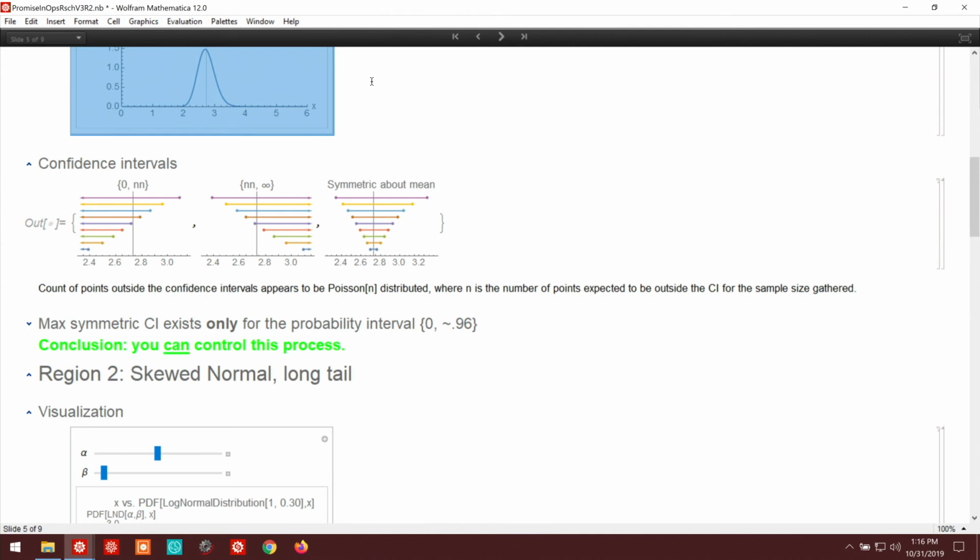Okay, any of these could be used to control the process. You just draw boundaries and then look at the dots that go out beyond the boundaries. If you get five or six of them in a row, then you know something's badly wrong because that's hugely improbable. Seeing a pattern like that is the equivalent of 0.1 to the sixth. That's the probability of it actually occurring. So this can be managed. Now let's go down some and look at